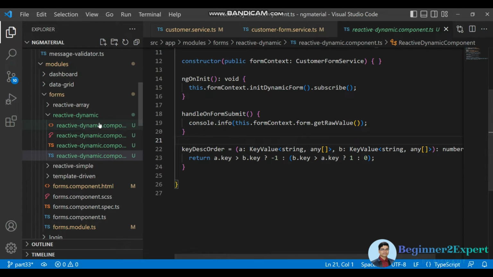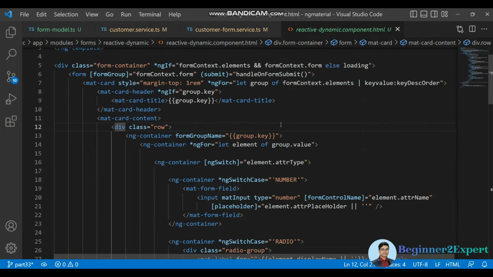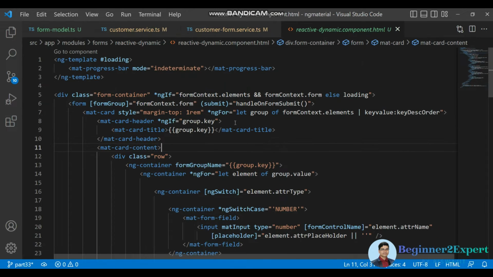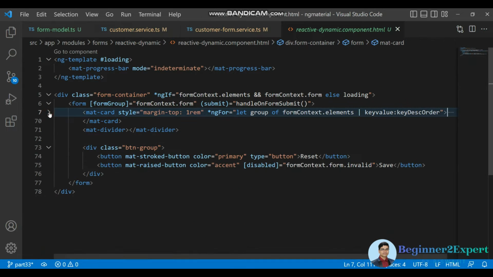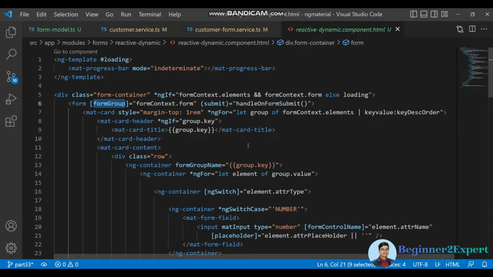Okay, so now here is the HTML part. Let me go through it one by one. As you already know, this form context will have that form instance, and that instance we are assigning inside the form group, and this is the mat card. Here we are looping through form context dot elements,